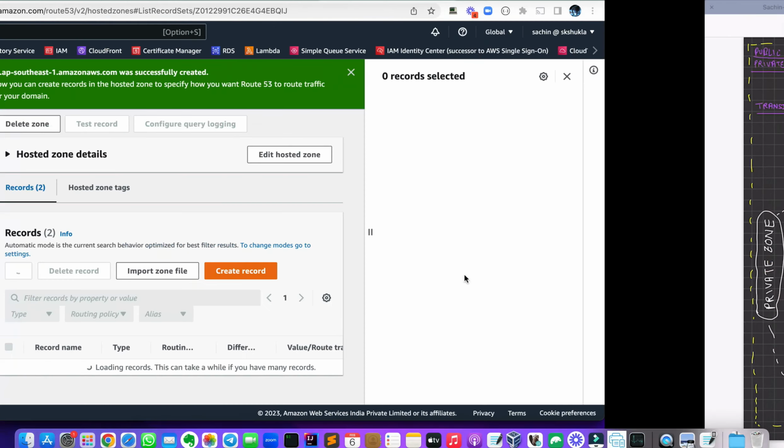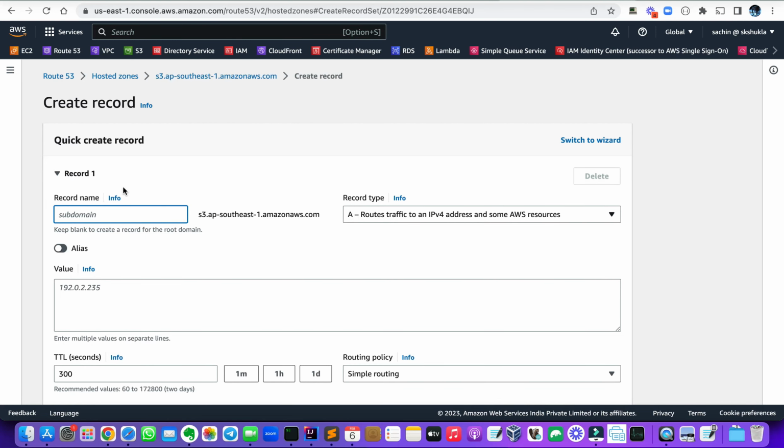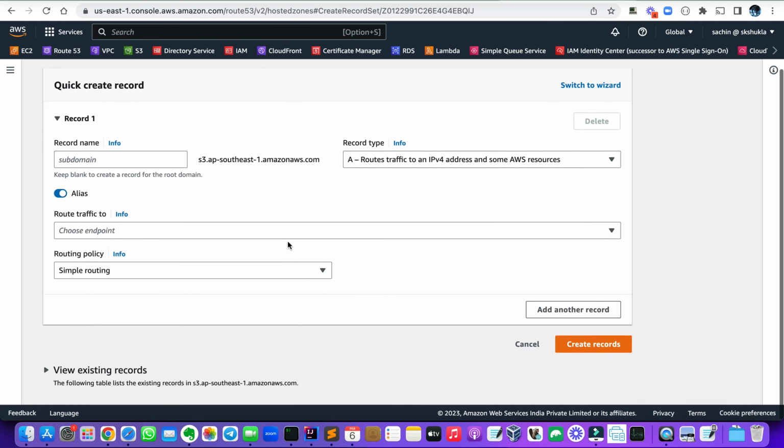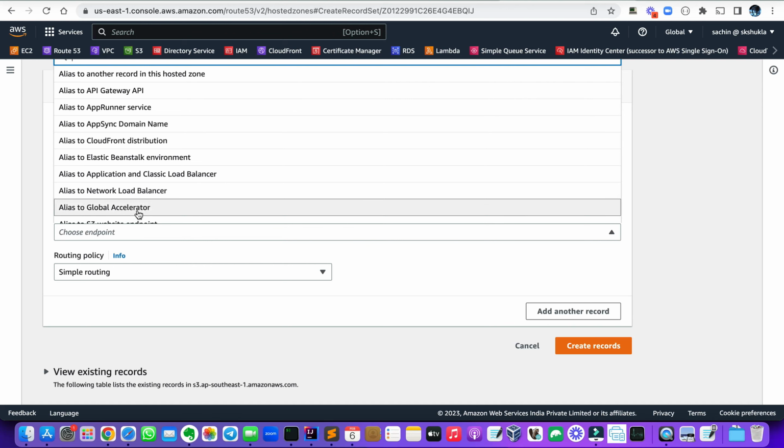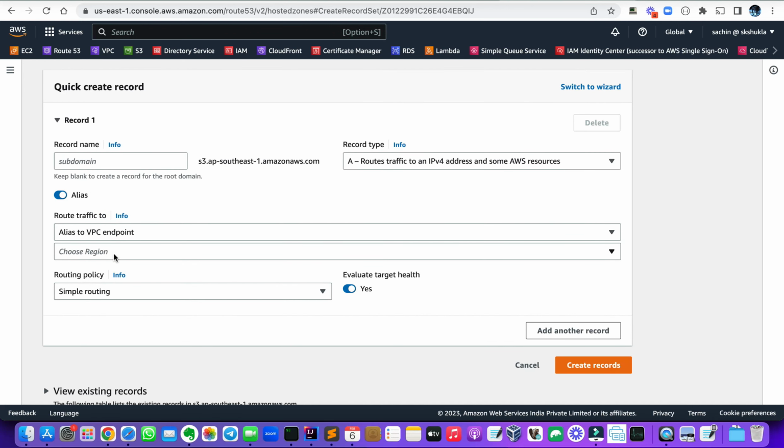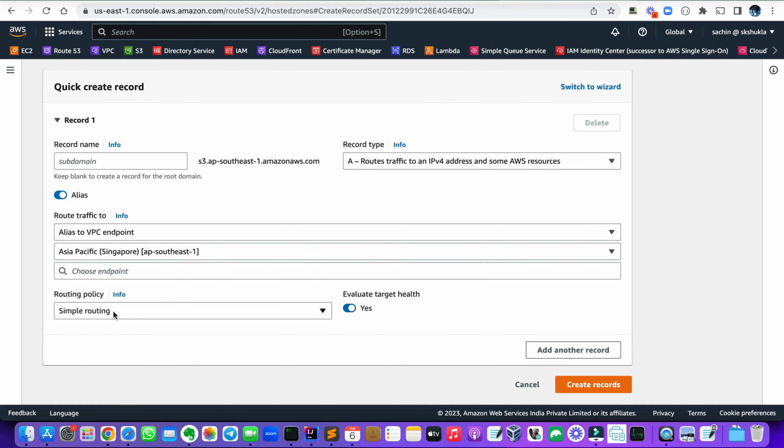Now you need to create one record over here, so create record. And I'm going to create nothing on a subdomain, an A record, but you give an alias, because once you give an alias, you can choose Amazon services. So this is endpoint. I'm going to choose a region. It is in AP Southeast 1, and this endpoint,